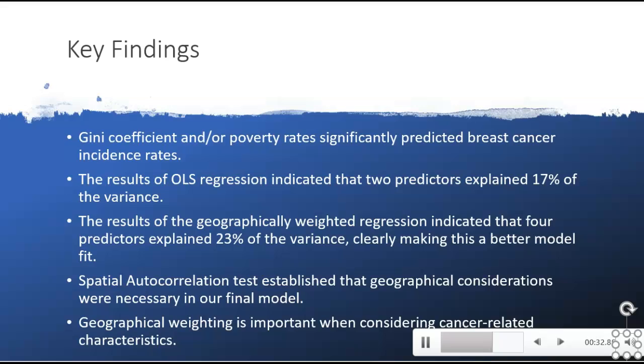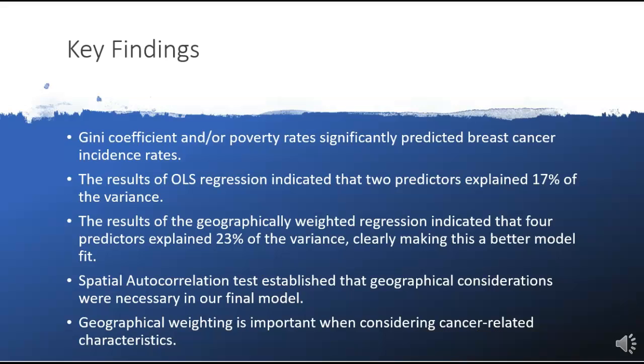Spatial autocorrelation tests established that geographical considerations were necessary in our final model. Additionally, geographical weighting is important when considering cancer-related characteristics, such as in thyroid cancer, colon cancer, lung cancer, and